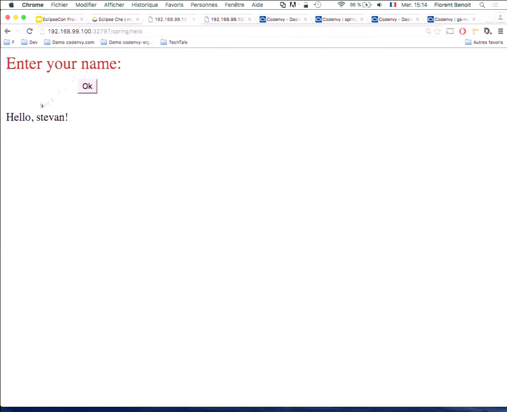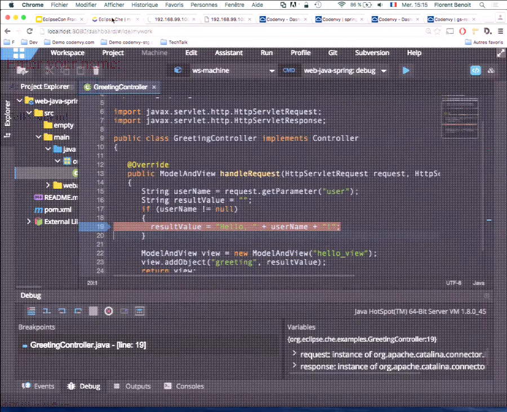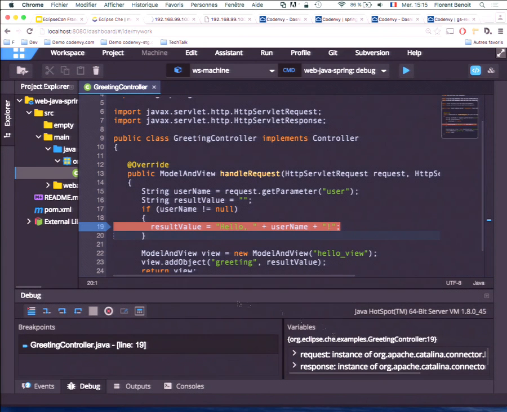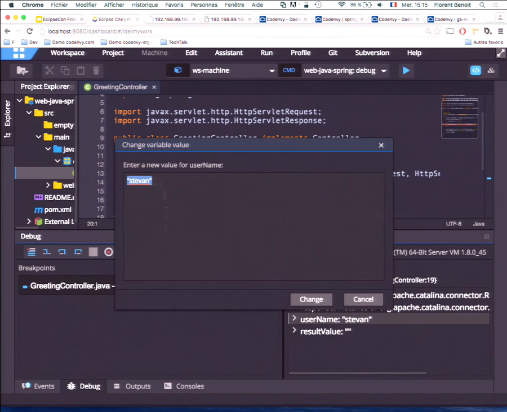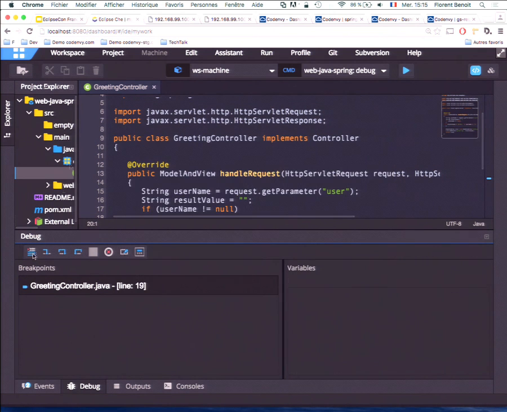And if I go back to the application, it is blocked because we are inside the debugger. What we can do is edit, change the value, and resume.